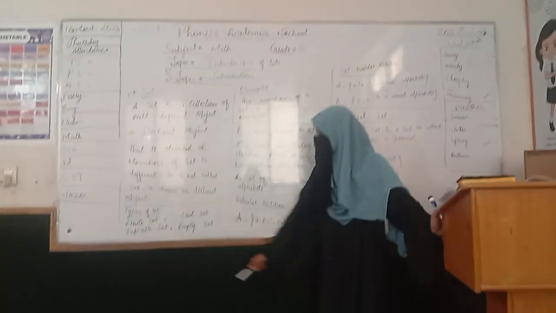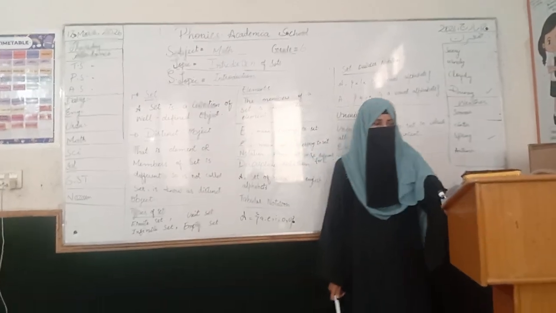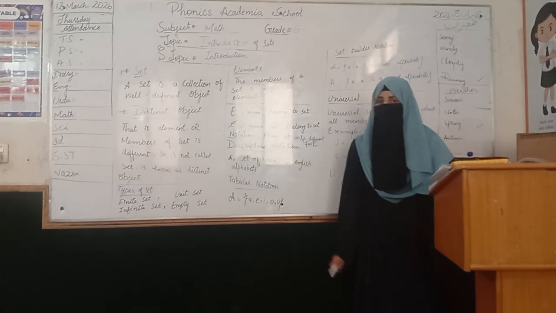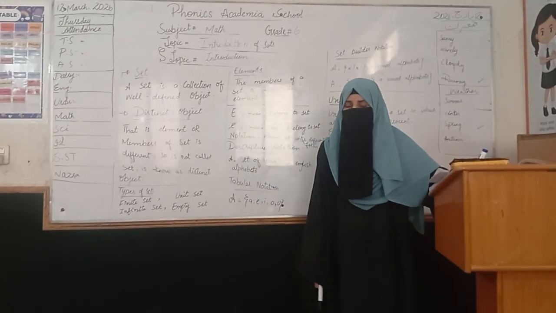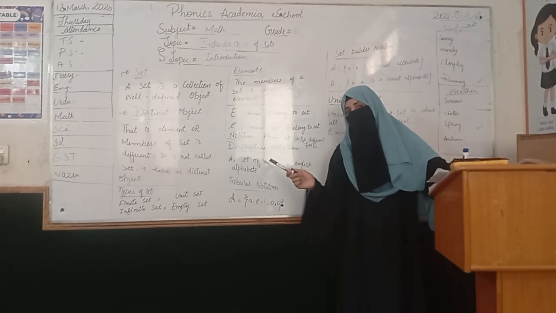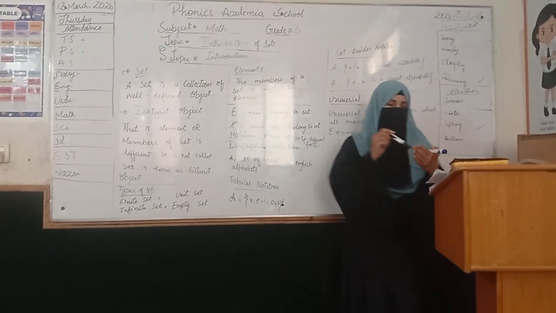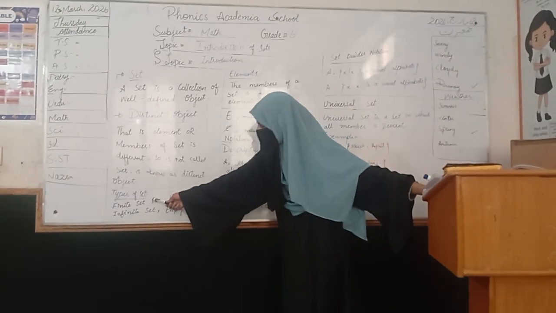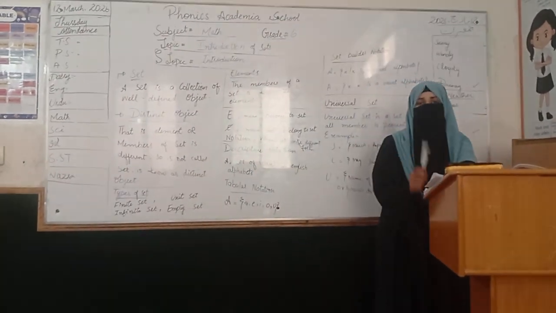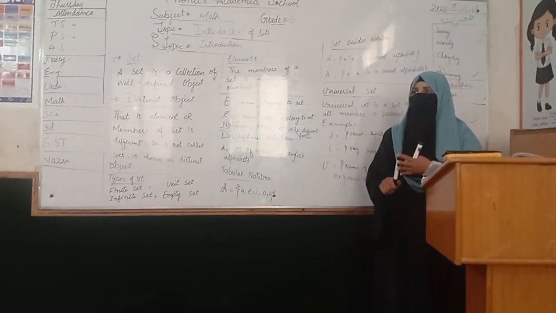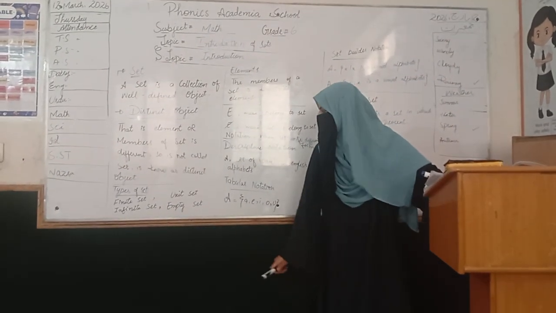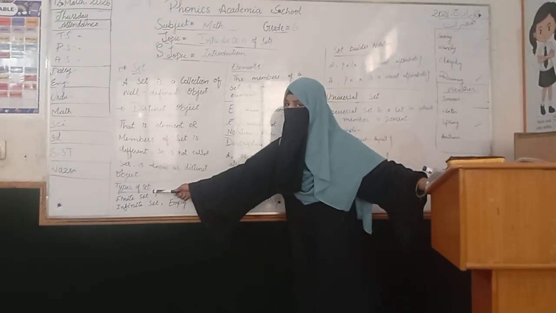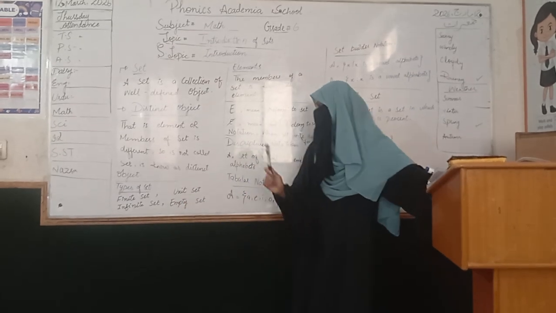Firstly, we discuss what is meant by finite set: a set that has a limit is defined as a finite set. For example, a set is given as 1, 2, 3, and the last number is 20. The last limit of this set is 20. If a set has its limit explained, it is known as a finite set. But if a set does not explain its limit, for example, the numbers start from 0 and continue and the limit is not mentioned, it is known as the infinite set. Finite set defines its limit. Infinite set does not define its limit.